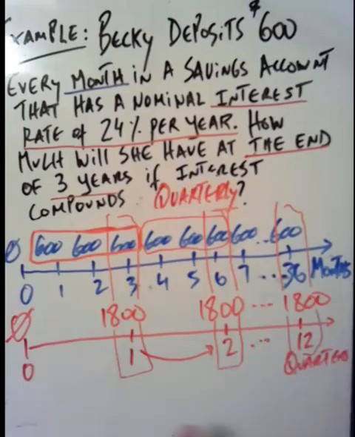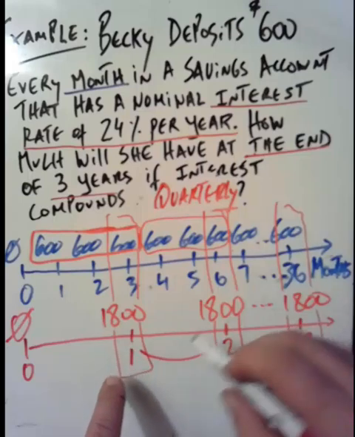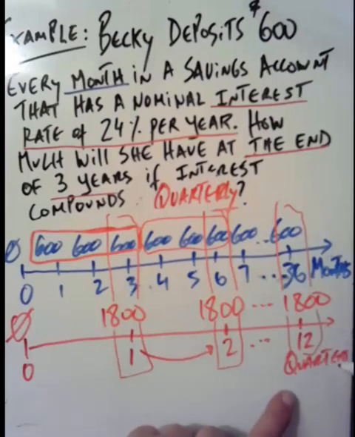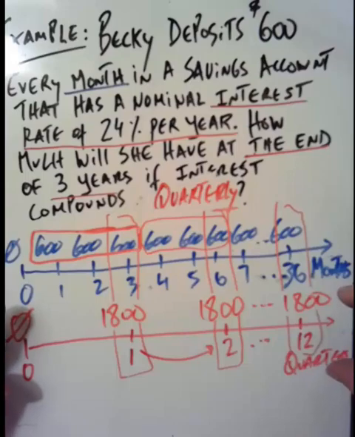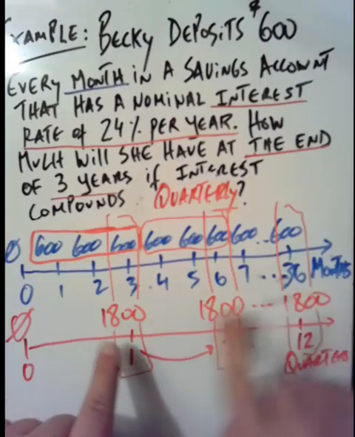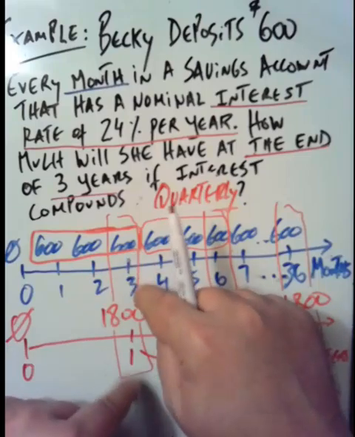So the question is, given this annuity of $1,800 per quarter and that interest compounds quarterly, how much money is she going to have at the end of 12 quarters, at the end of 3 years? So what we have to do in case 3 scenarios is transform the timeline into the frequency of interest compounding by modifying the amount of the cash flows. And this modified cash flow is nothing more than the aggregation of the cash flows that are happening in between